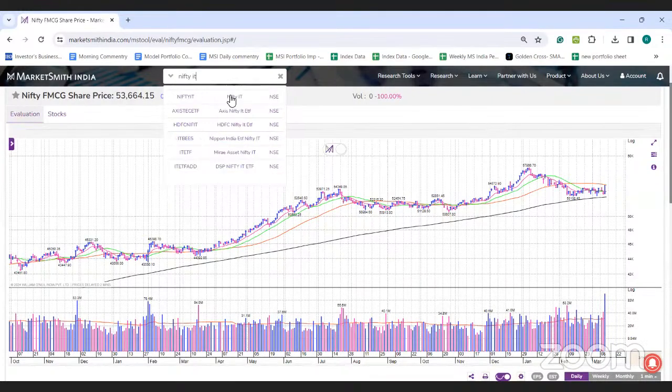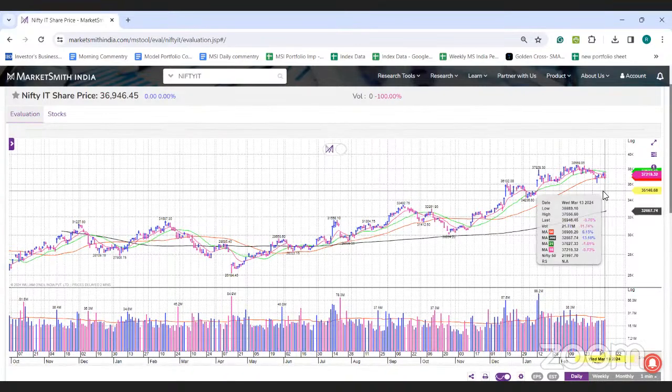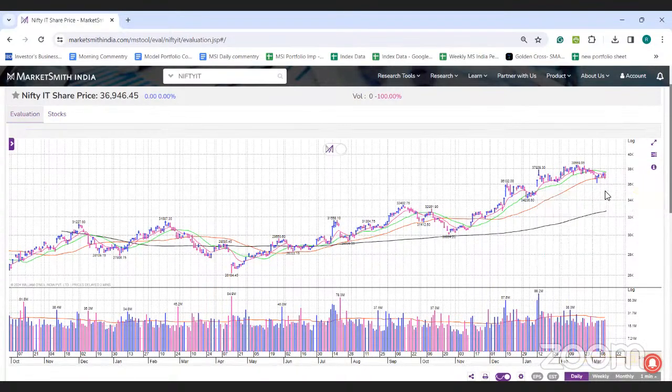If you look at the Nifty IT, so IT is the top gainer of today. Yesterday it found a very good support at its 50 DMA, और आज इसने काफी एक अच्छा upside reversal मारा, and it closed near its 21 DMA. So the upside reversal in IT was really good after finding support at its 50 DMA. So these are the sectors you need to watch out in the next phase of rally if it comes, because these are the sectors that rebounded quickly in the downtrending market, was able to hold its key moving averages when the markets were falling. So let's see if IT index can make a fresh high, and that helps Nifty, because